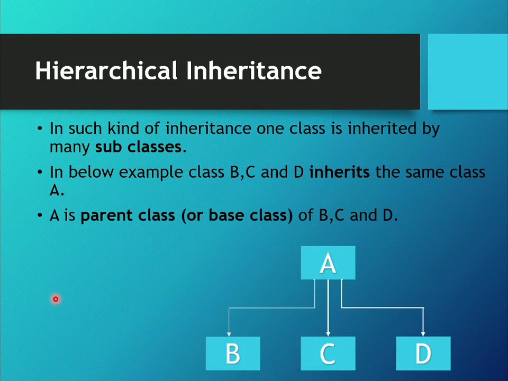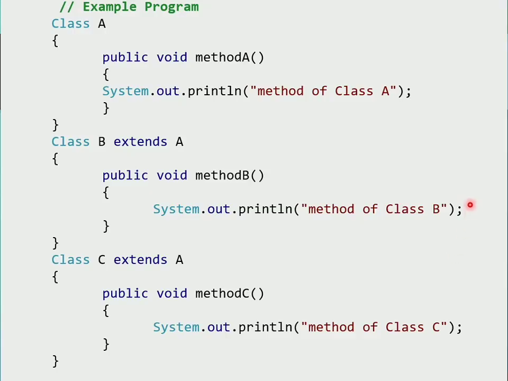Next one is hierarchical inheritance. In this kind of inheritance, one class is inherited by many subclasses. In the example below, classes B, C, D inherit the same class A. A is the parent class or base class of B, C and D. There is an example. It has a class A